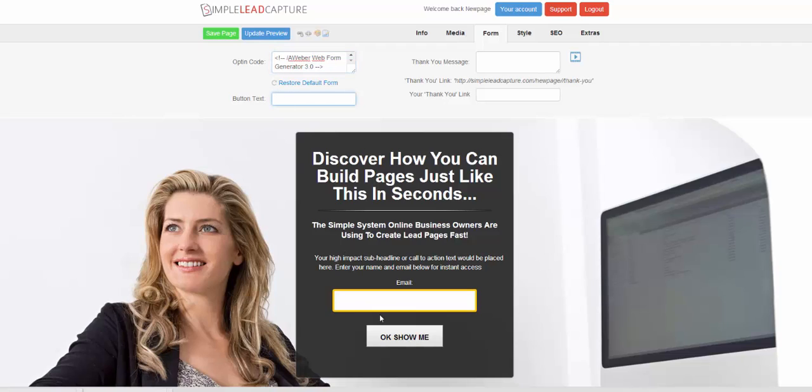And for the button text, it says right now, okay, show me. I'm going to change that to okay, show me how. So I've changed that. And instead of having a thank you message, again, you can control where the page goes to afterwards. So I'm going to put in my web address. And this is my affiliate link back to our replicated website,